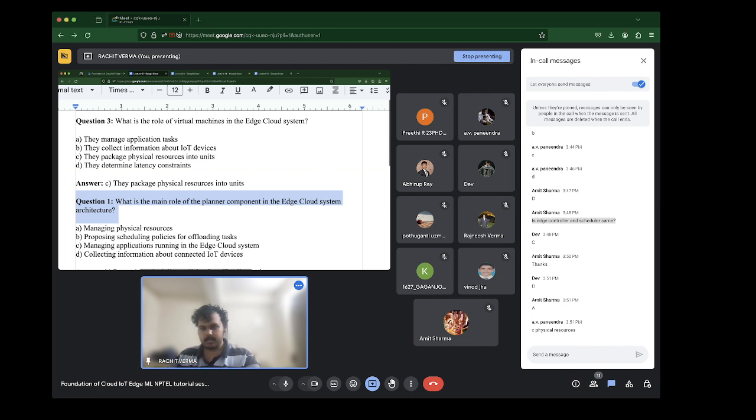Is it A, managing physical resources, B, proposing scheduling policies for offloading tasks, C, managing applications running in the edge cloud system, or D, collecting information about connected IoT devices? So does the planner component collect information?